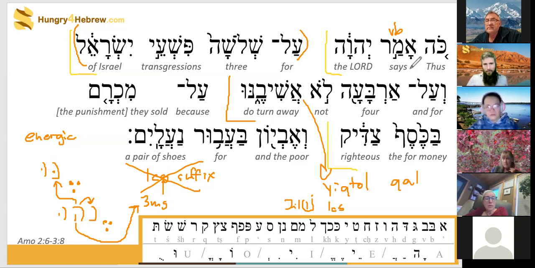Maybe we have to go back into a previous verse in Amos, but off the top of my head, I don't remember what exactly this 3ms refers back to. It can't be transgressions because that's plural. And Israel, if we're talking about Am Yisrael, people of Israel, that would be 3ms because people is a singular collective word in Hebrew. But if it's talking about the land of Israel, that's feminine. So maybe it's the people of Israel. Because of three transgressions of Israel and because of four,